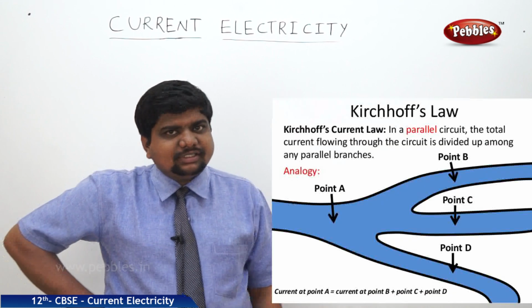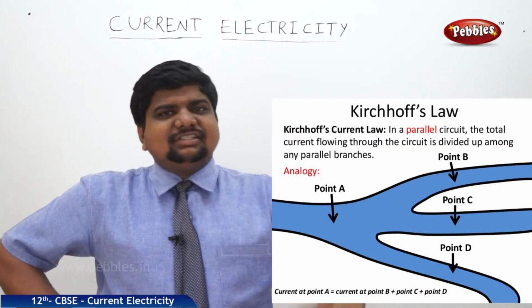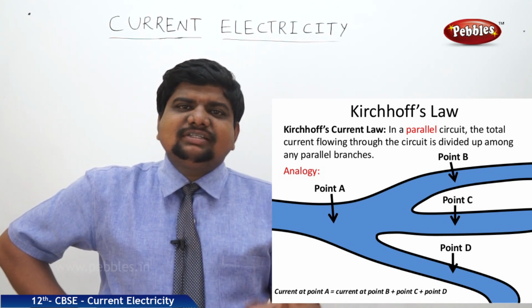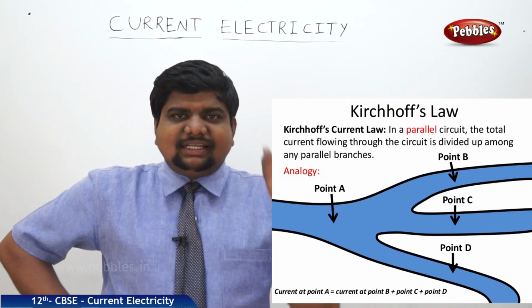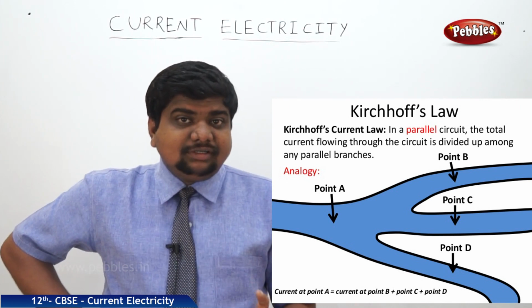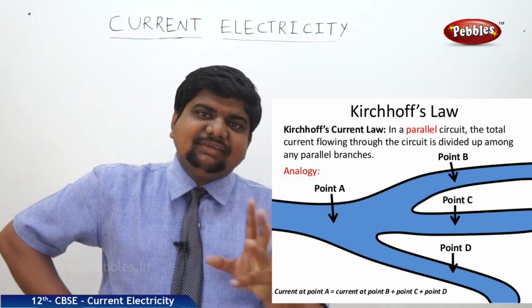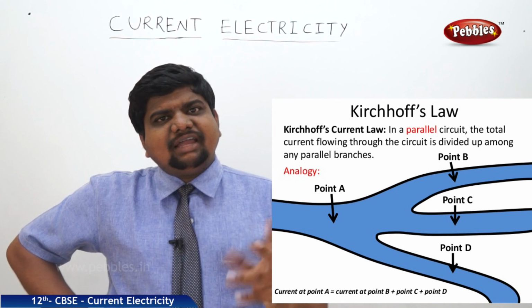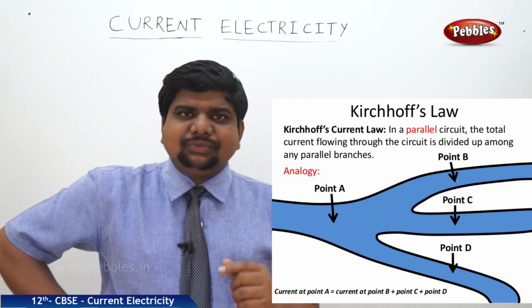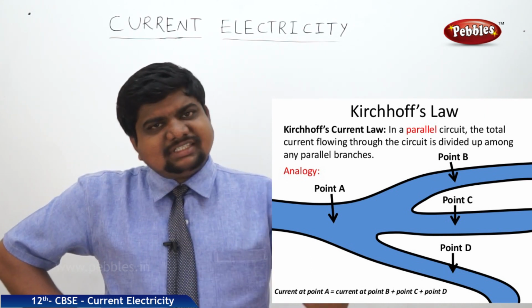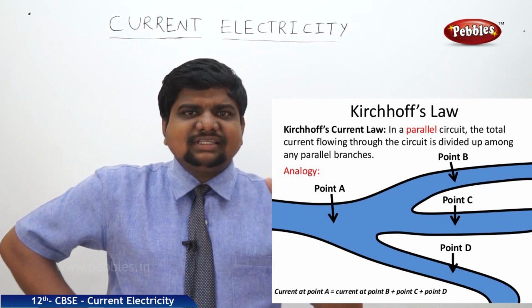Now we will see the Kirchhoff laws. Before going to discuss the Kirchhoff laws, what is the need of these laws to analyze circuits? Up to now, we have discussed the combination of cells and the combination of resistors, means resistors are connected to resistors, cells are connected to cells. If resistors and cells are connected in any way, maybe in a loop or a junction style, what will be the effective voltage and effective resistance of the circuit? Resistors with resistors, or cells only in series or parallel, is an easy circuit.